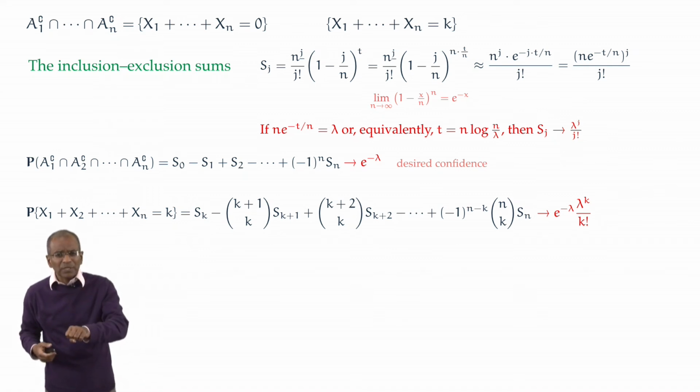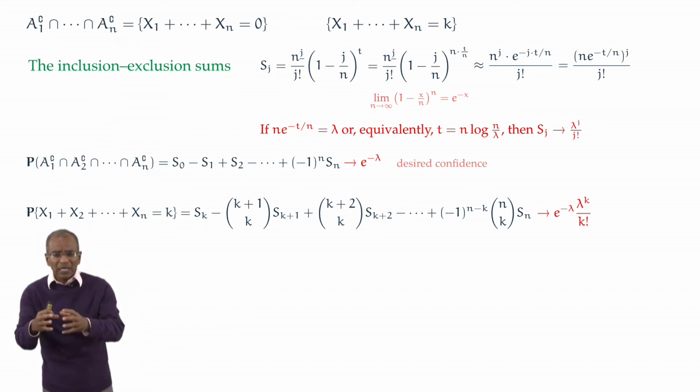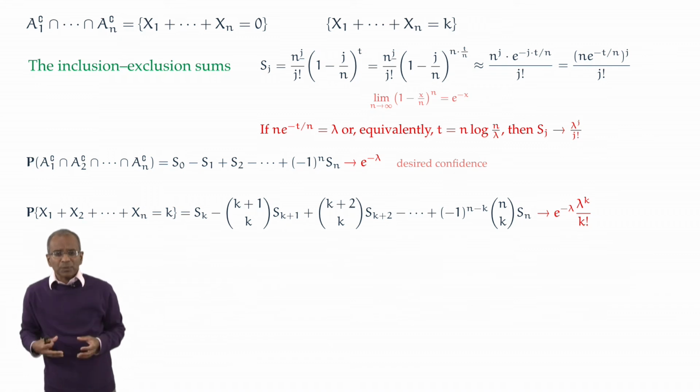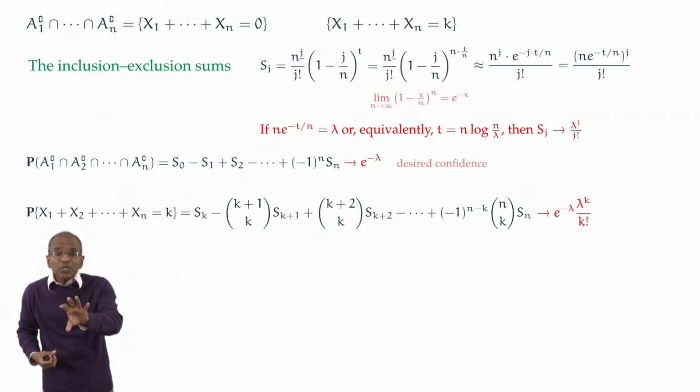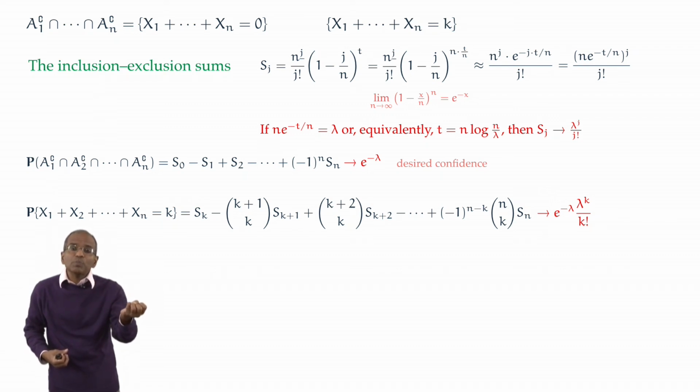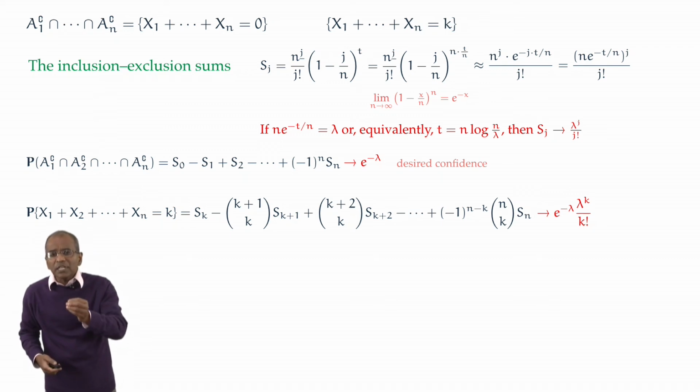Let's put some numbers on this just to settle the concepts. At this level, you should take a look at this and say, I had a problem which was not very complex in statement. The analysis was tricky and ended up with inscrutable sums which I had no feeling for. But the Poisson sieve says each of these sums behaves like this very simple Poisson character. And that can immediately now allow us to draw conclusions from this.